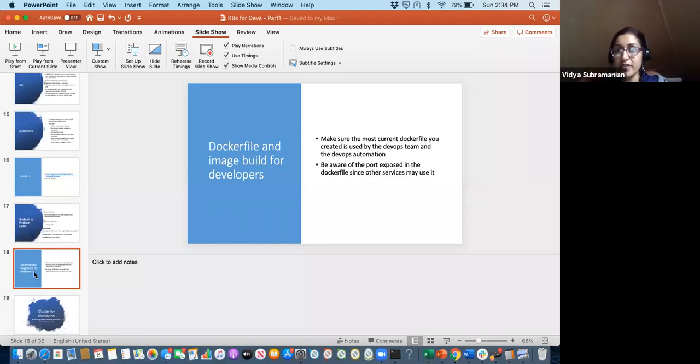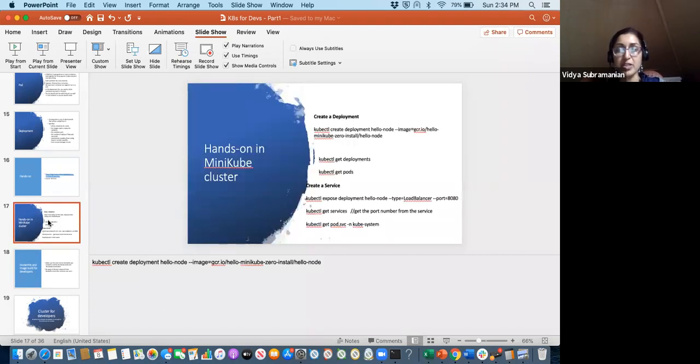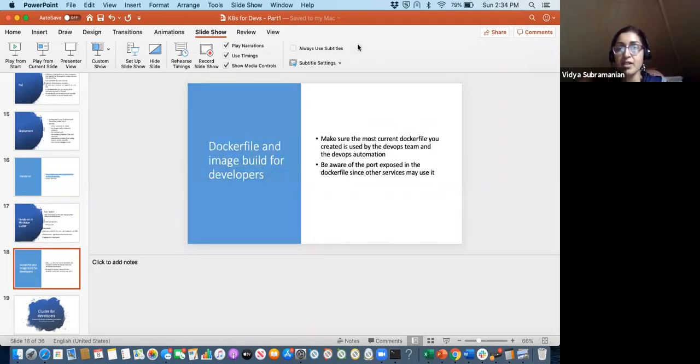So this is the very first exposure to what Kubernetes is providing at a basic deployment level. Having done that, I want to make sure that especially the developers who are planning to use this or who are already using Dockerfile and Kubernetes are seeing some key takeaways.